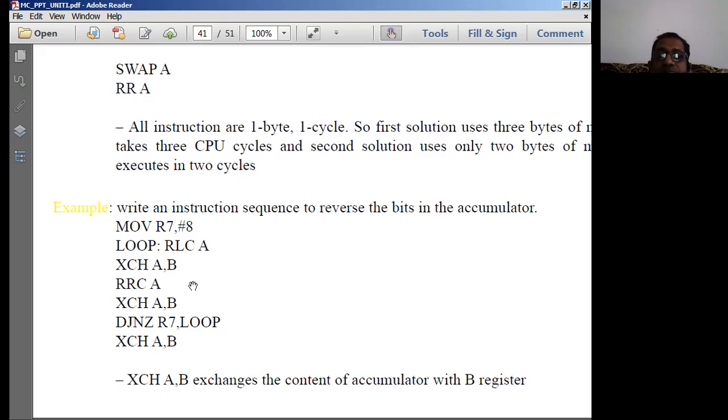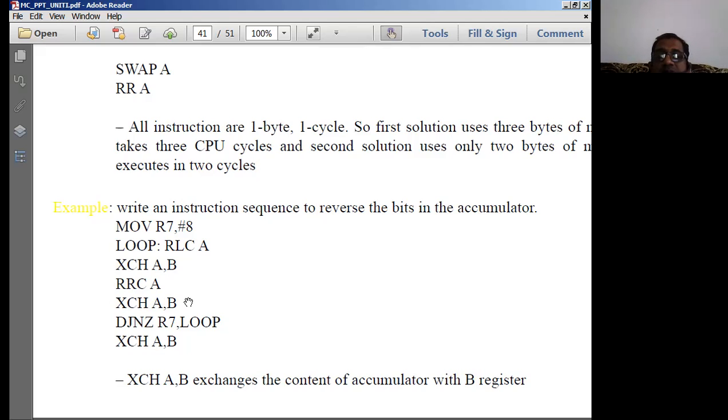So how many shifts do I have to do? Now one shift has been done. Like this, I still have to perform 7 more shifts to get the complete reverse of a number, a reverse of a binary number, of course, that we are dealing with. Once again, what will I do after exchanging? I will once again rotate accumulator right with carry. So the accumulator contents have been left shifted, and now once again I am right shifting. So what will happen if I right shift now?